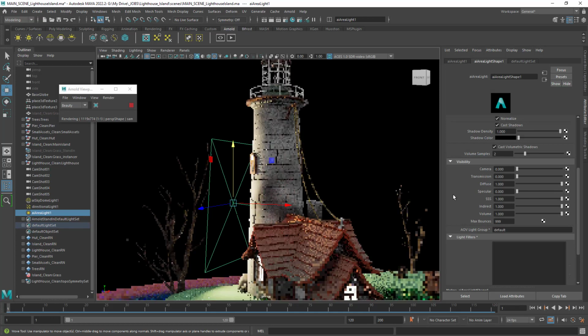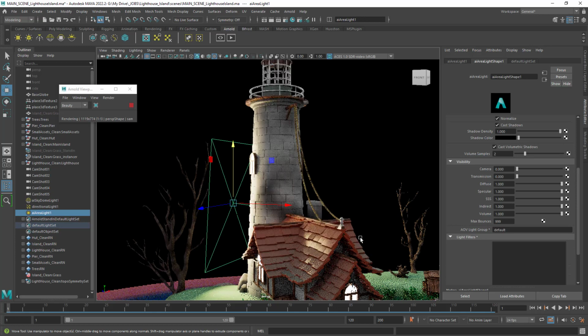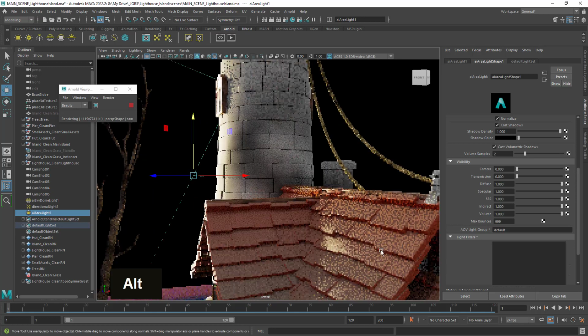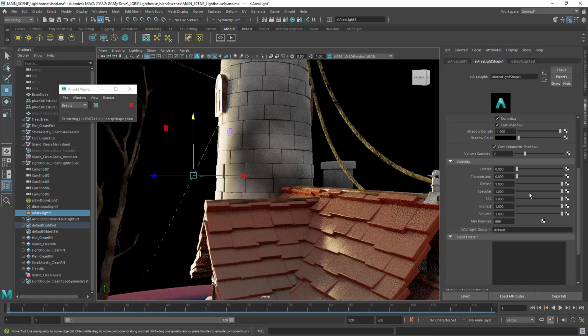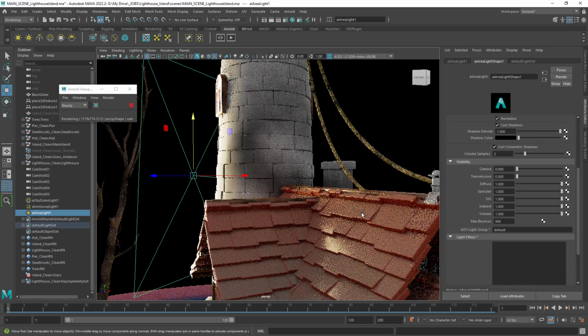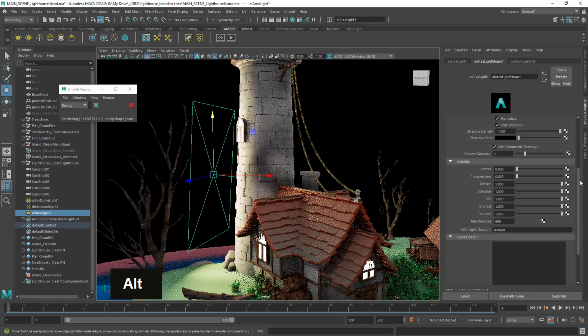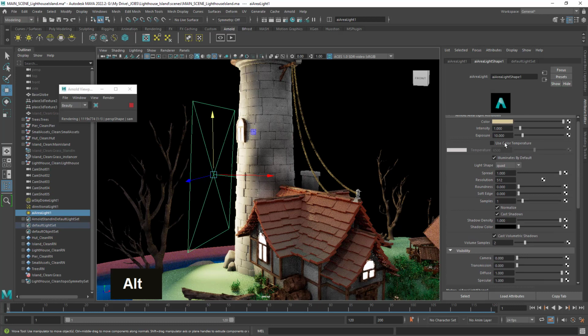So if the materials have some sort of specular, you can literally make this light not emit specularity at all. So as you can see, no specularity whatsoever. I will not do that because I want a little bit of shininess. Of course, the intensity is still very, very high. We should